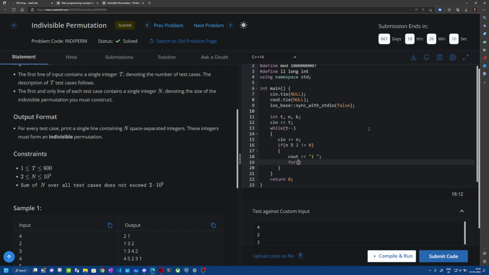For the odd case, 1 has already entered the if clause, 2 is not going to enter, so 3 is going to enter. So our next case is going to start from digit 3, i equals 3. Then i less than equals n, i plus plus for the increment, wait,